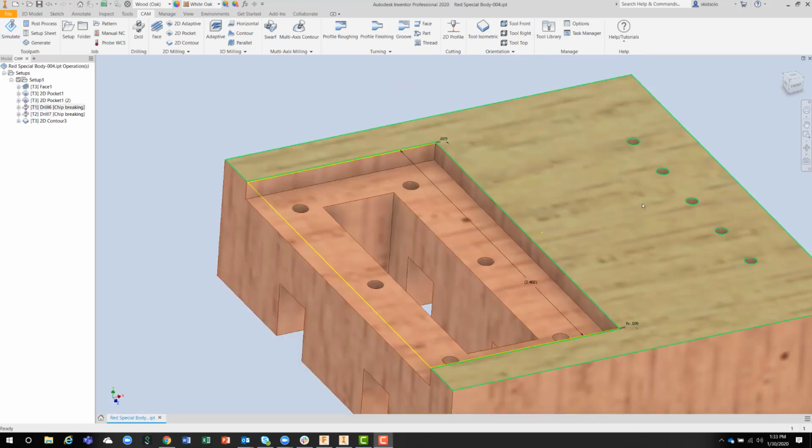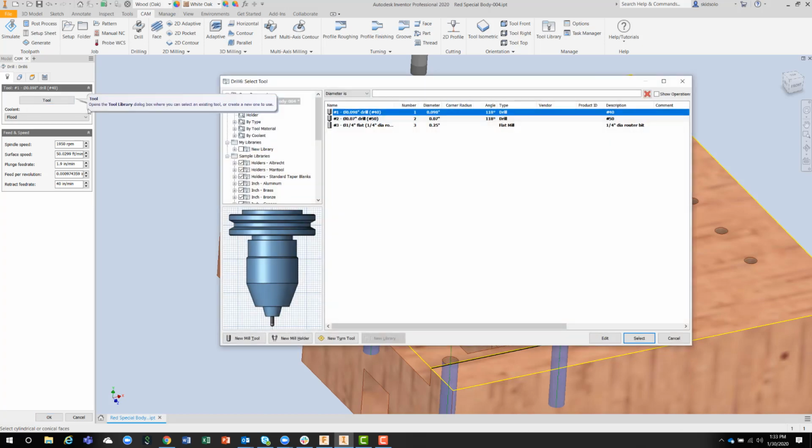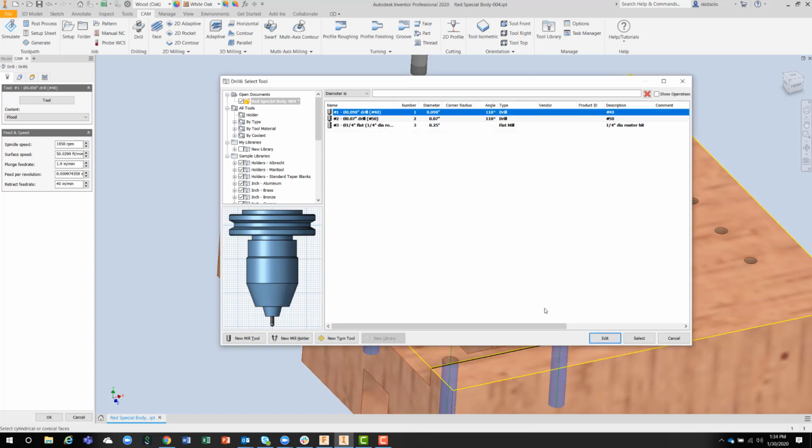Okay, to demonstrate the collision detection in the simulation, what I'm going to do is go into this operation, this drilling operation. I'm going to make some edits to the drill. So I select onto the tool and I hit edit. I have made some pretty bad alterations to the length of this drill. I've changed the flute length to 0.1 of an inch, and automatically the shoulder length is joined to 0.1 of an inch. So if I hit select